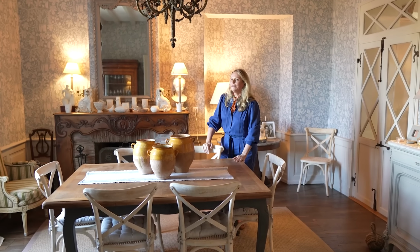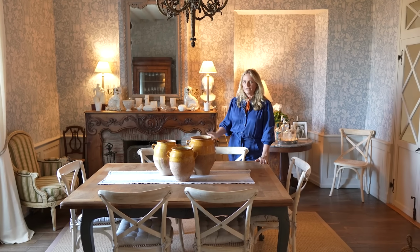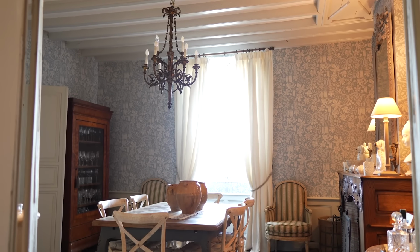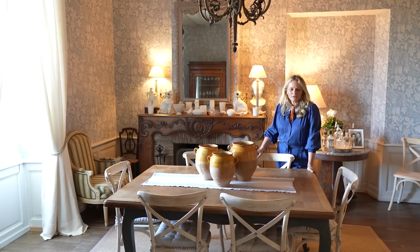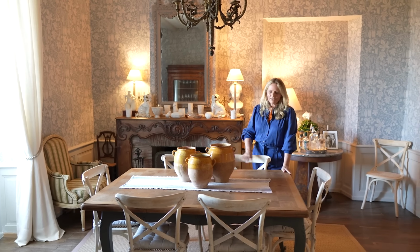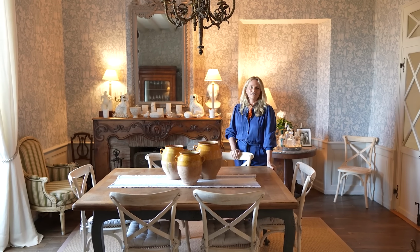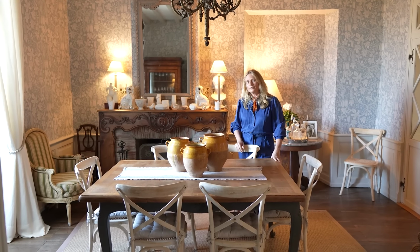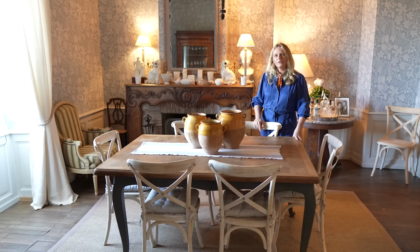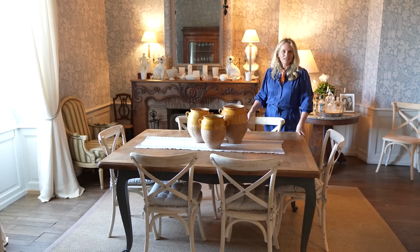This table I found at a charity antique shop. There's a few of them in France called Emmaüs, and I think it was all of about 40 euros. So we literally just sanded the top and oiled it, and then I painted the legs underneath. It's not a particularly special table in terms of its value or its style. It's fairly commonly found in antique shops,